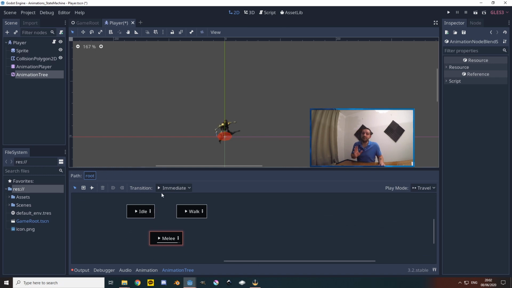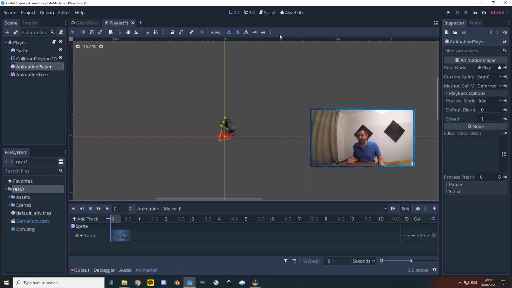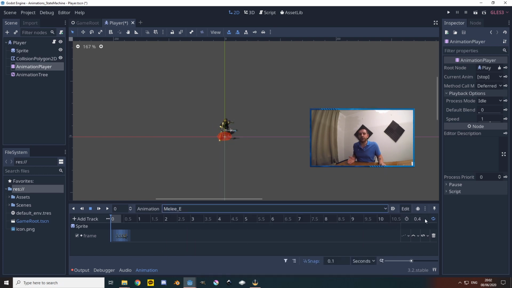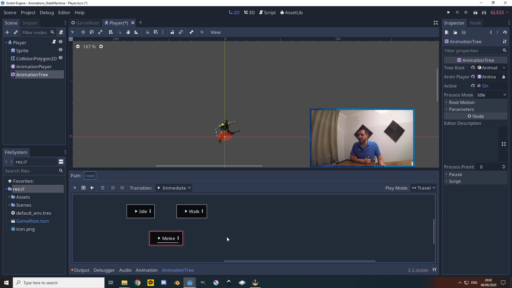Now, important for the melee attack, for the animation tree to work properly, we need to make sure that the animation is looped. That is the opposite of what we do when we only work with the animation player and code. So make sure that for all your melee attacks inside the animation player, you turn on that loop right there, even though you would not do that when you don't use the animation tree. Now, okay, with that said, let's hit the idle animation, as that's a little bit calmer.